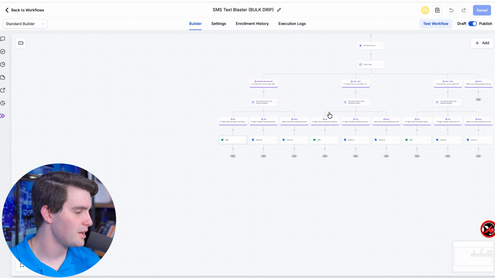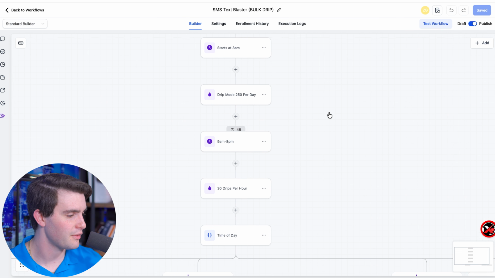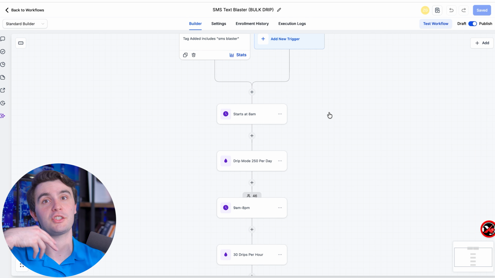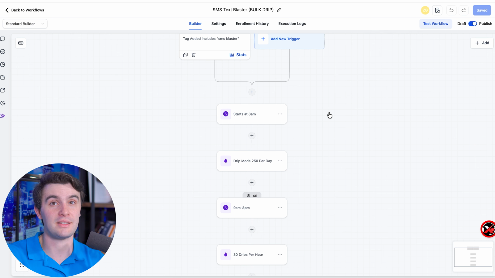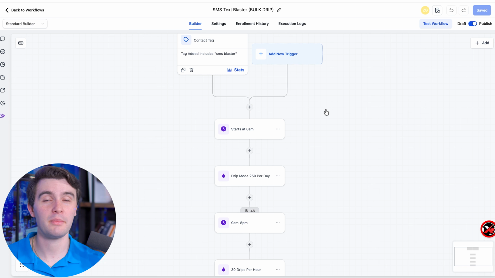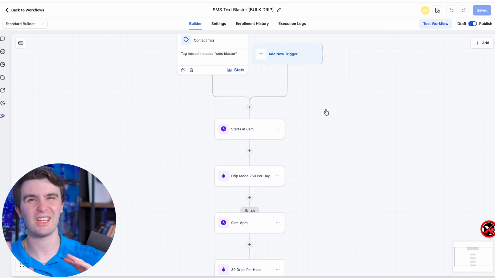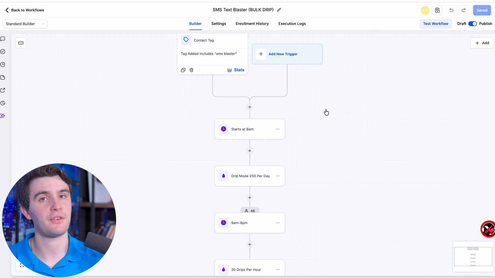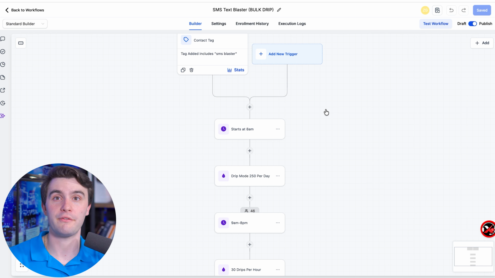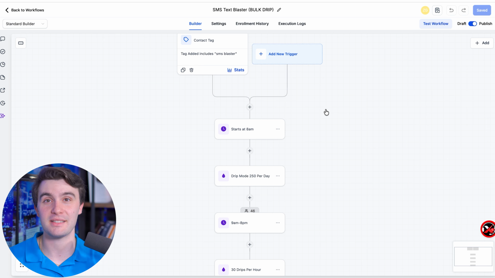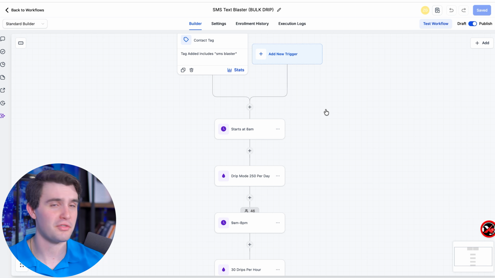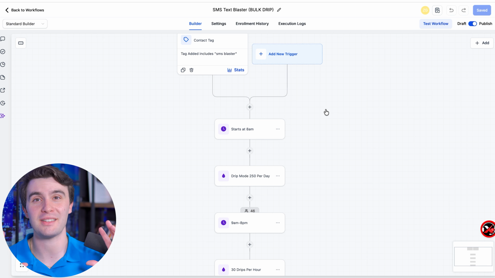Now, there's other creative automations you can make. If you're like a big nerd about this stuff, you'd be like, well, Zach, I want to change the type of text message that gets sent out. I want to change the phone number for every text so they auto rotate. I would highly recommend you ask ChatGPT how to do this. It gets a little more advanced, and if I put this on the standard bulk drip blaster, it'll be very confusing for a lot of beginners. But if you're somebody who wants to auto rotate phone numbers and do more of an advanced texting system, check out AI and other GoHighLevel texting tutorials, and you're going to start texting absolutely like an expert. But just like this, 100, 200 a day is all you need to start having a bunch of SMS text blasting success.